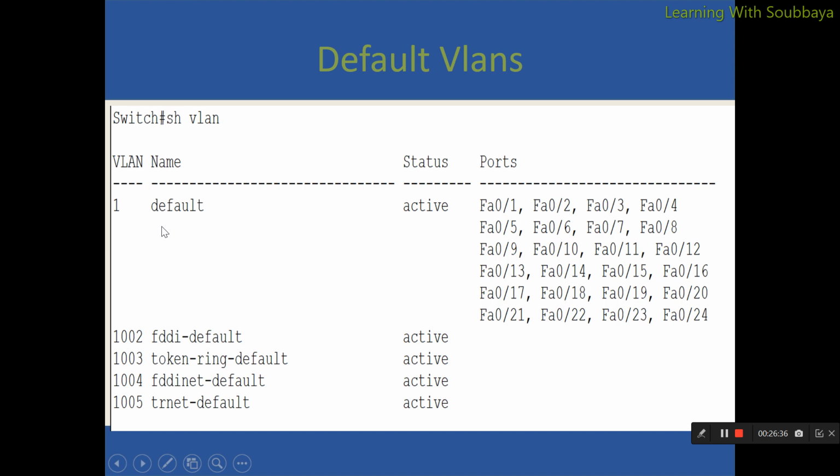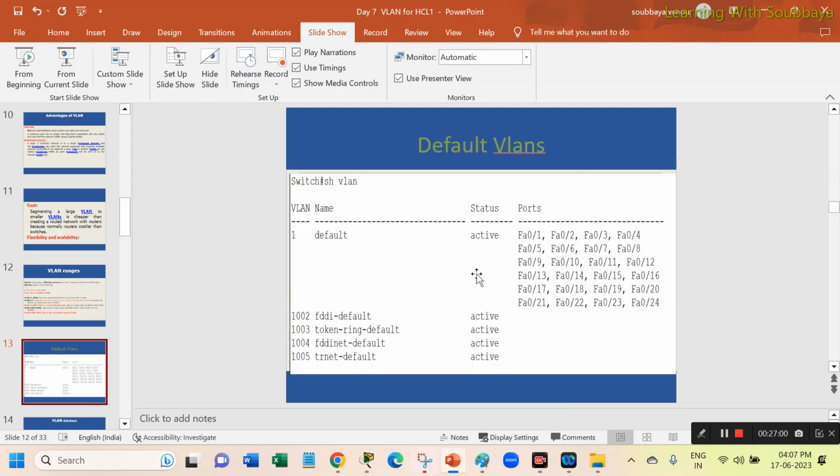So which VLANs can we use? VLAN 1 is already the default VLAN. Then we can use VLAN 2, VLAN 3, VLAN 4, VLAN 5, VLAN 6, up to VLAN 1001. The remaining VLANs we cannot use. Apart from that, all the extended VLANs we can also use. So here,